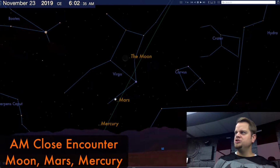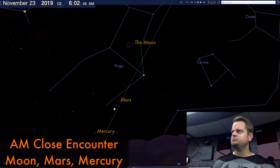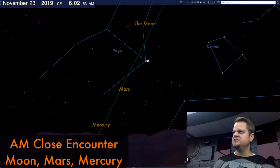But I should easily be able to find the moon, a beautiful crescent moon up there. And that crescent moon will be above a bright Spica, which is the brightest star in Virgo. And that's like a blue star. Then you have a red, ruddy Mars below that, and just a little white looking dot of Mercury,